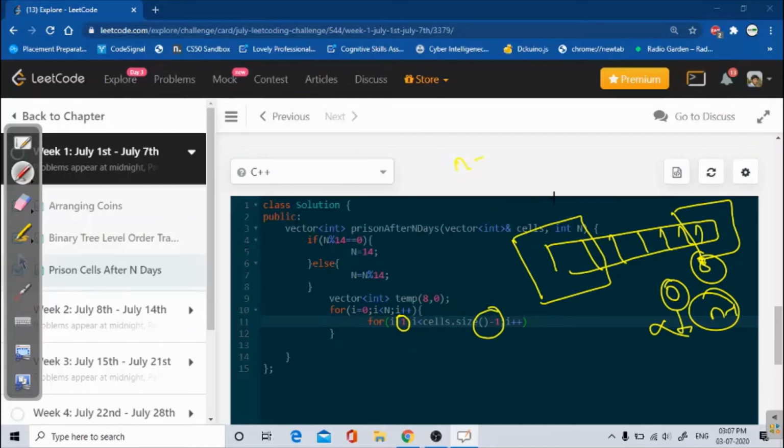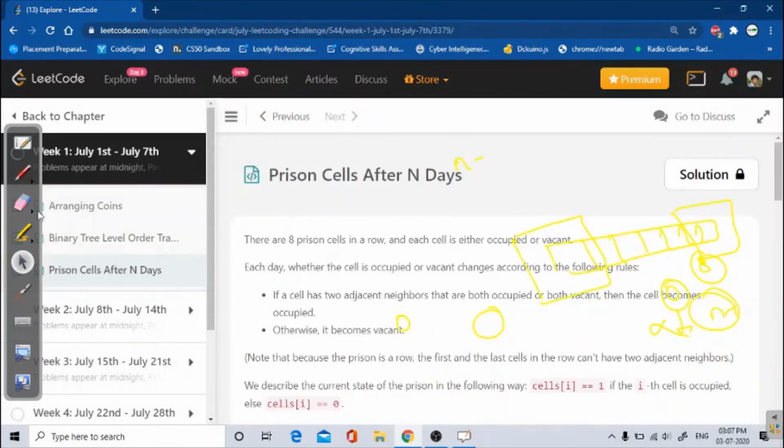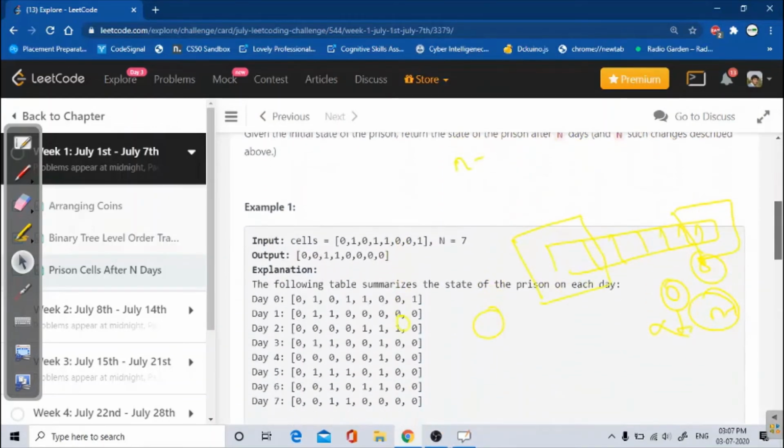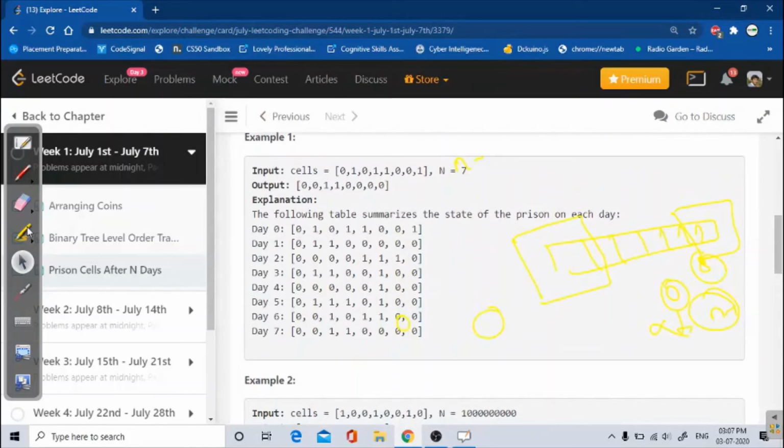And one more thing we should keep in mind is that the repetition will start from day 1 to day 7, because see here, in my input I have 0 and 1 at the 0th and nth index.